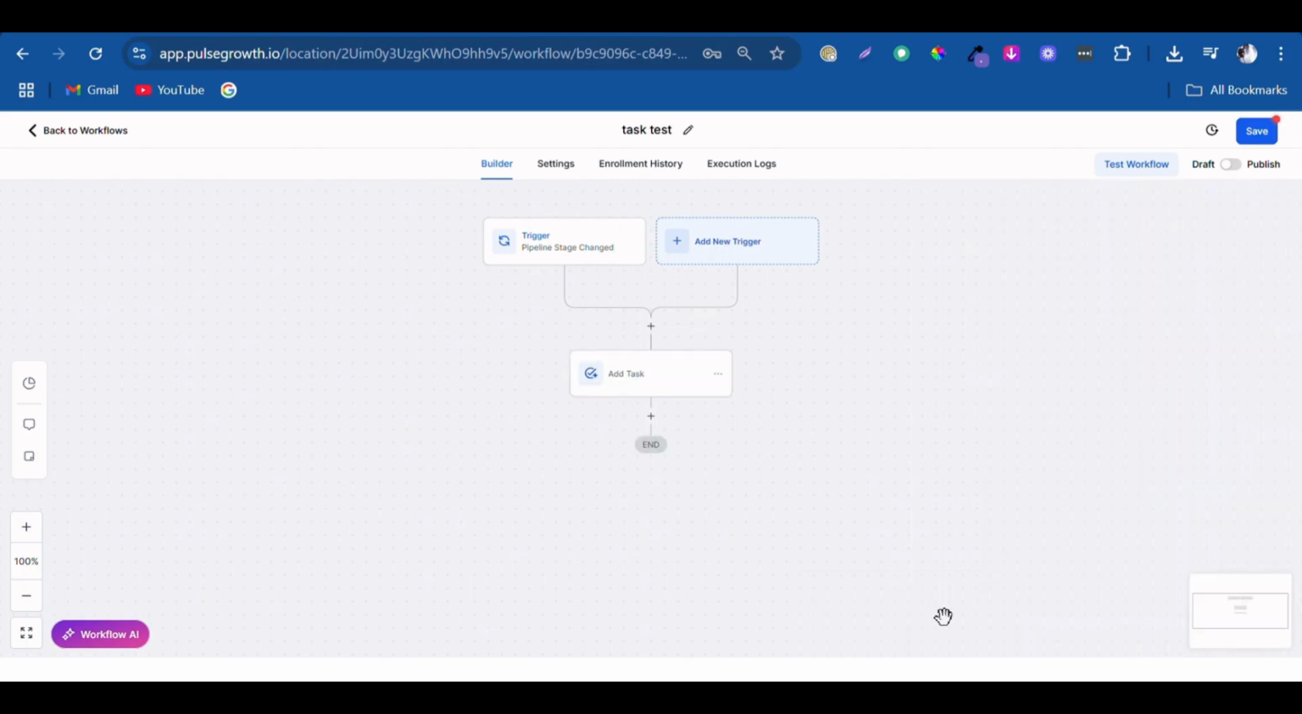And that's it. You've now learned how to create and manage tasks and how to automate them using workflows inside